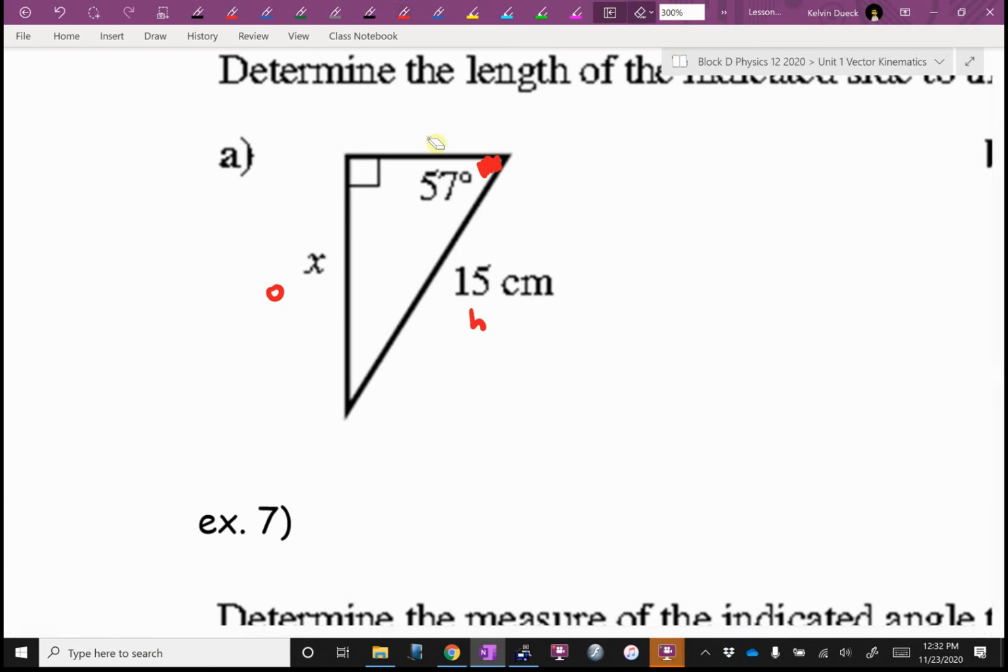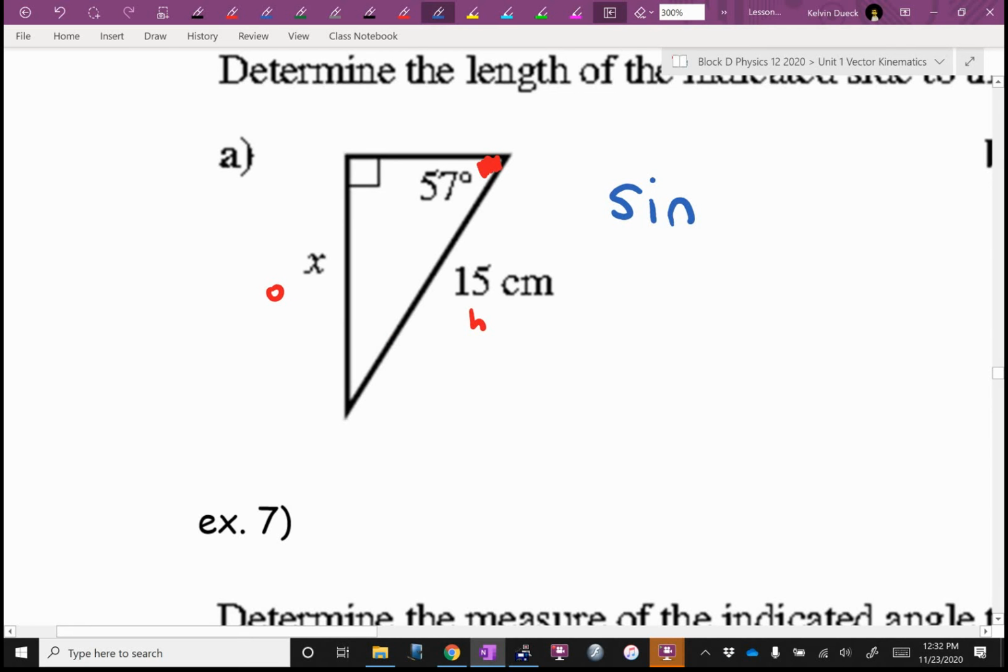Do you see why I leave the top side blank? Because to me right now, it's obvious I'm going to use the trig function with the O and the H. If I label that, I've done extra writing to make the diagram more confusing. That's double yuck to me. Which trig function has the O and the H in it? So let's write down